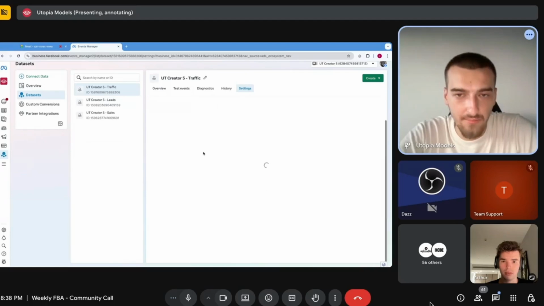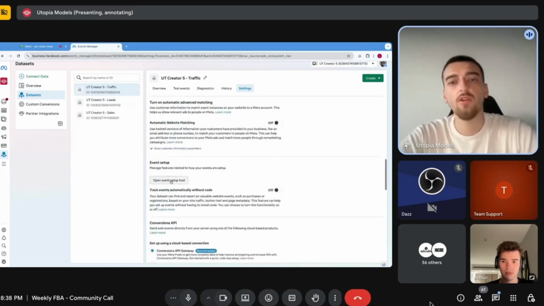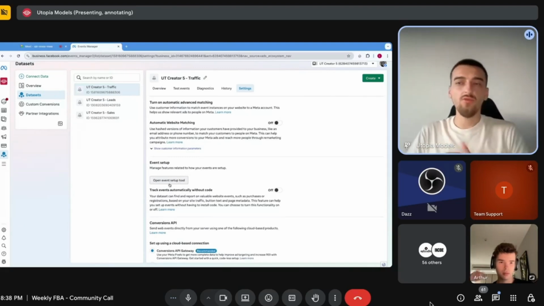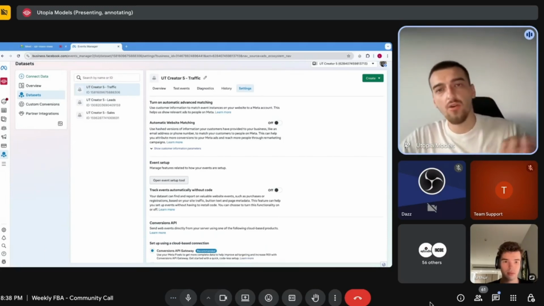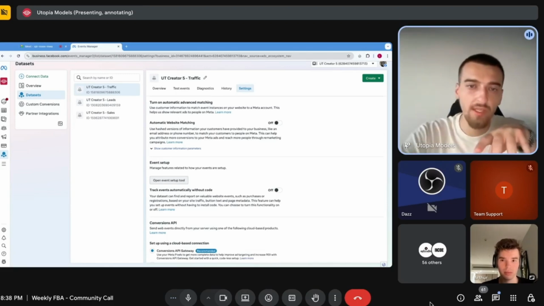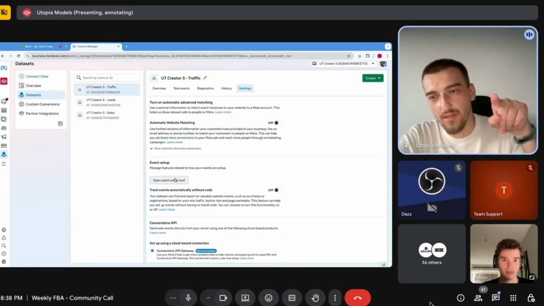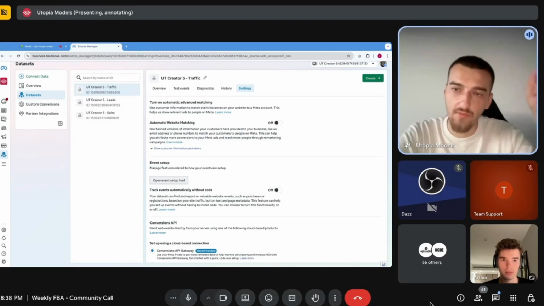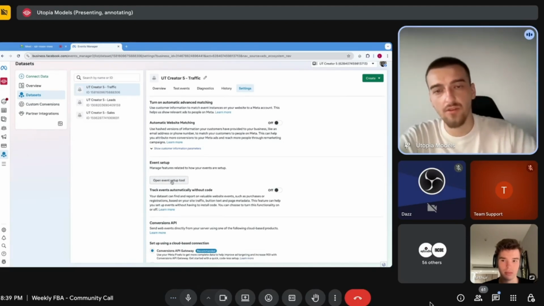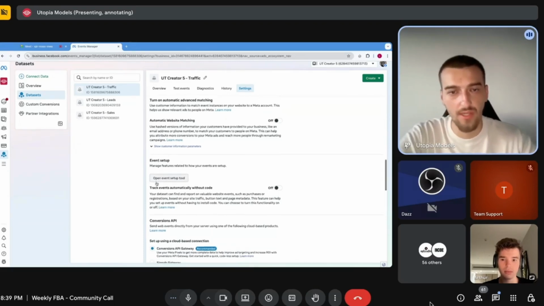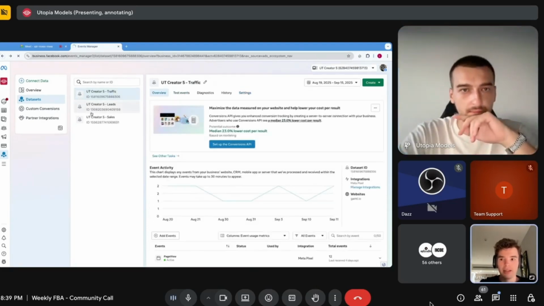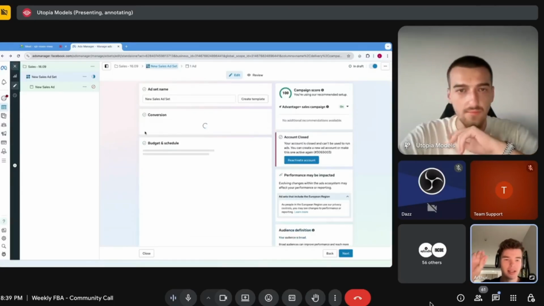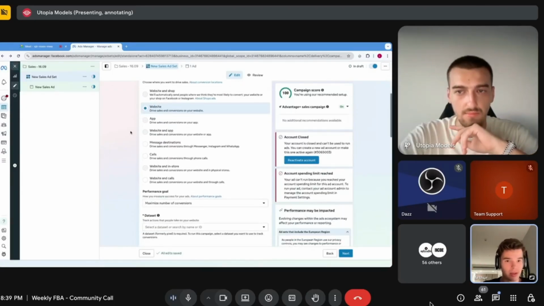And how do you link it? In here, you have a thing called Open Event Setup Tool. So you need to make Meta understand what your conversion is, what event you want to reach. After you create this pixel, you open the event setup tool and you click the OF link like a simp would do, and you mark it as the conversion. In a few minutes, the dataset will recognize that as a conversion. It will know that this is what you want for that dataset, and it will work perfectly. Exactly. So on Get My Links, you go in the advanced settings, you put the pixel, then you take the link of where you put the pixel on Get My Links, you put it in the event, you click on the link,